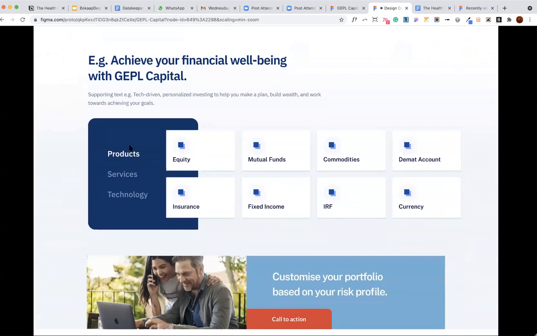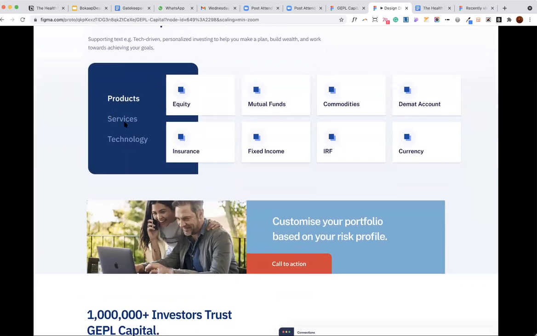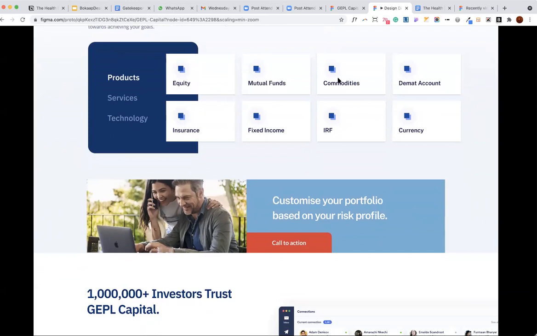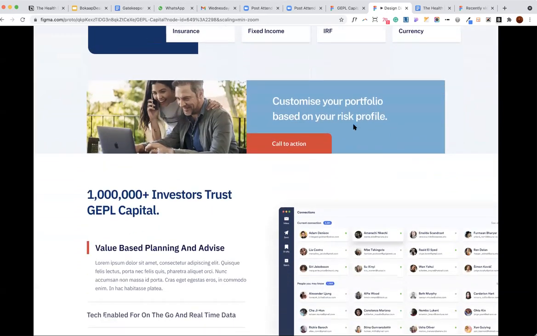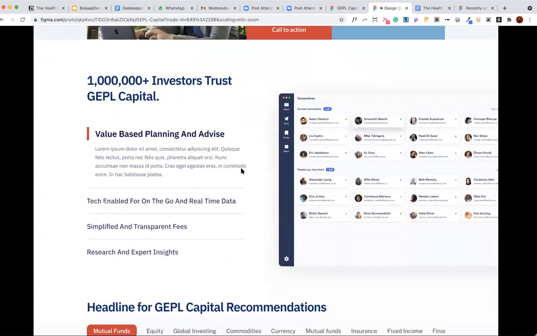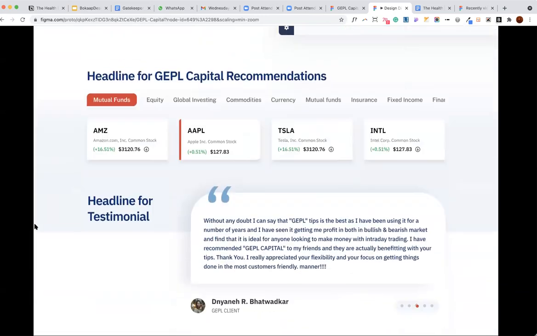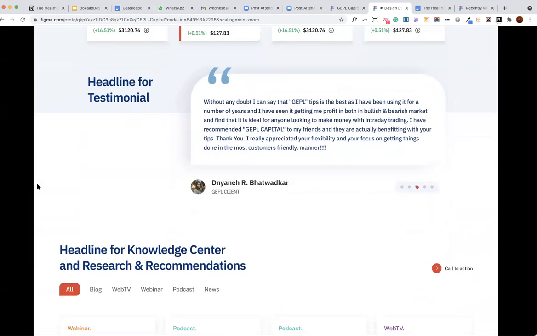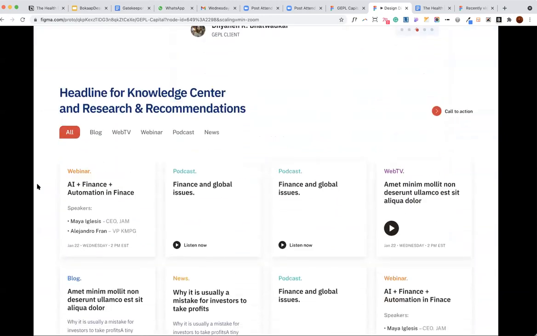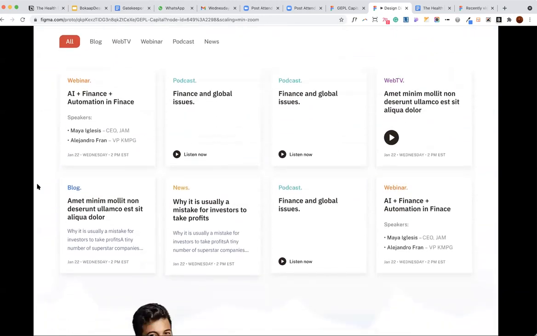There's no click, but as you scroll down, the user will go from products to services to technology, and you click on any of these icons and they'll go to the relevant pages. Then the banner for risk profile, as you scroll down, again, about GEPL Capital, then the recommendations, testimonials, and the knowledge center. So these are 2 different looks.